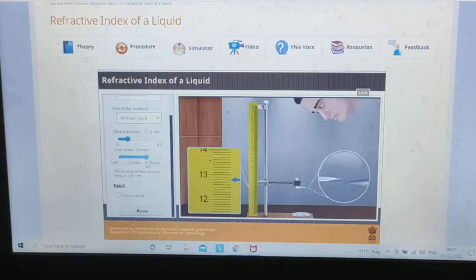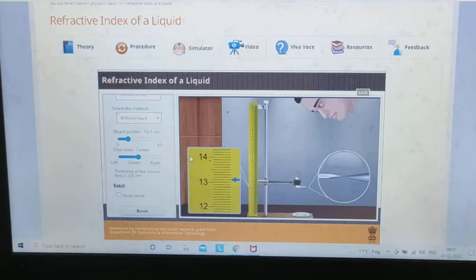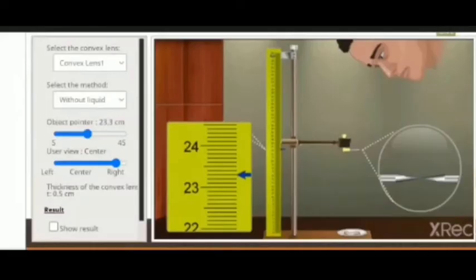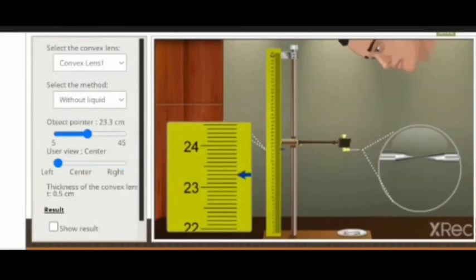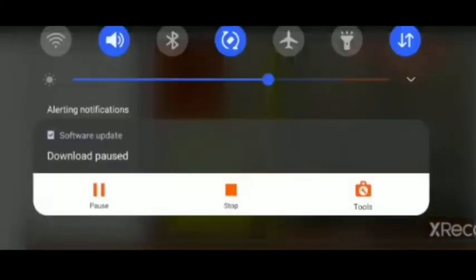Still you can see here this is parallax. So students, you have to find one location. Just conduct the experiment by yourself so that you can get that point. Now, students, you can see whenever we move the user view from left to right, both tips move together. So now the parallax is removed.